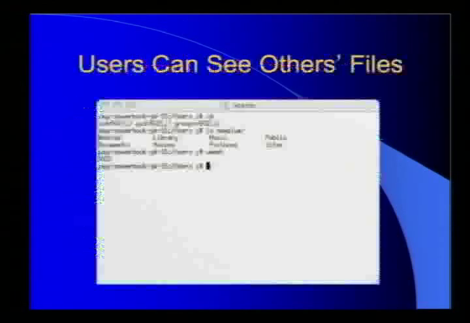The first one is every user can see each other's files. I love this kind of stuff. Just put me on an Xserve, man. Come on. Every user gets to see each other's files. Every user can read each other's files. Every user can execute each other's files. The only thing they can't do is write to each other's files. There's a UMask in place, but it's not a good one.